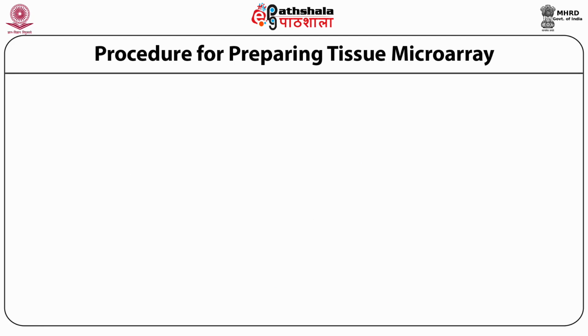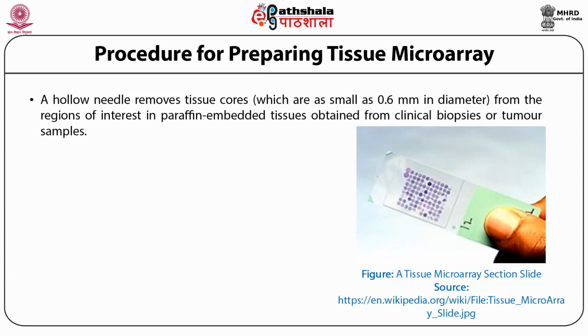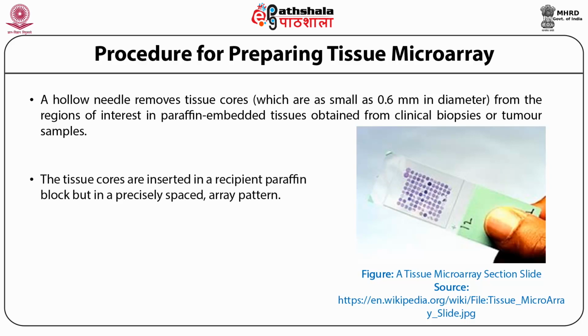Procedure for preparing tissue microarray. First, a hollow needle removes tissue cores from the regions of interest in paraffin-embedded tissues obtained from clinical biopsies or tumor samples. Secondly, the tissue cores are inserted in a recipient paraffin block but in a precisely spaced array